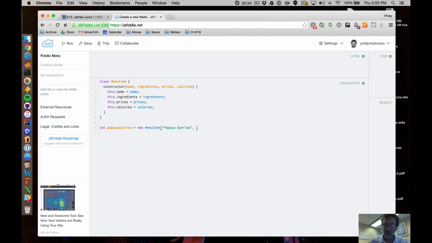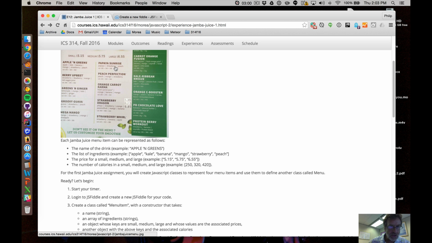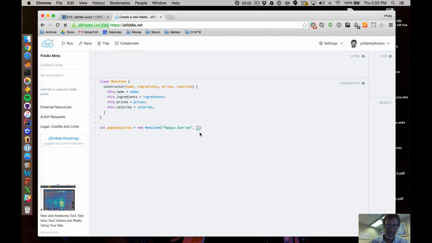Second argument is the list of ingredients, which means I have to find papaya, strawberry, and peach. So papaya, strawberry, peach. Third thing is the prices,